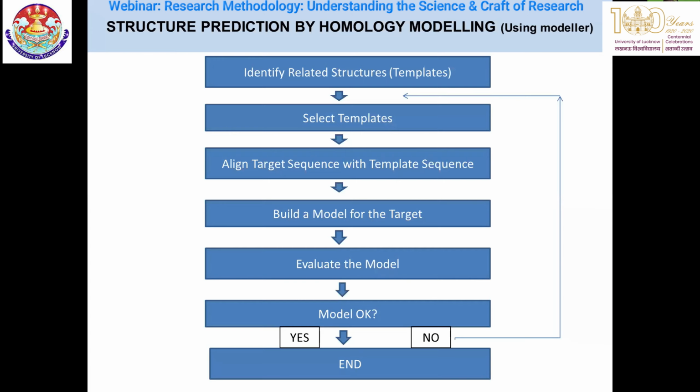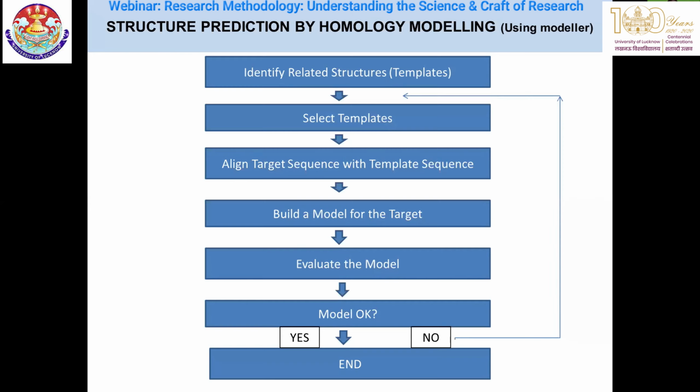So first we need to undergo a BLAST of our query sequence, and then we will get a number of hits. From there, we will see the query coverage, percent identity, percent similarity, as well as e-value. These 4 parameters are the most essential for selecting the template, that is in the second step. Then in the third step, we undergo the alignment of the template and the query sequence, and from the alignment, we build a model of the target, that is our query sequence.